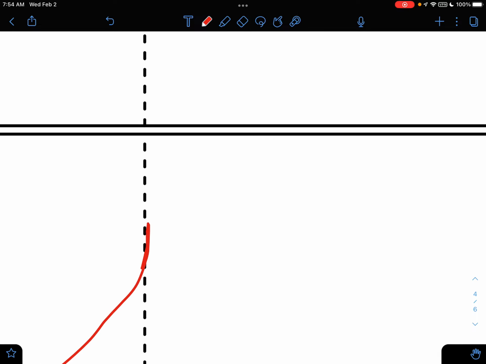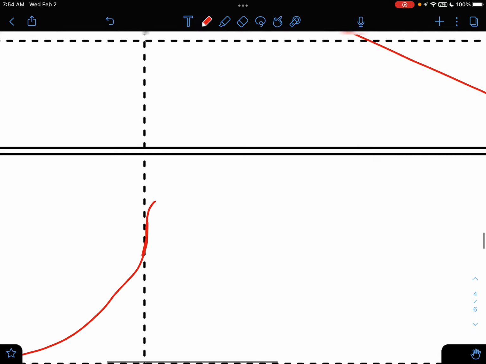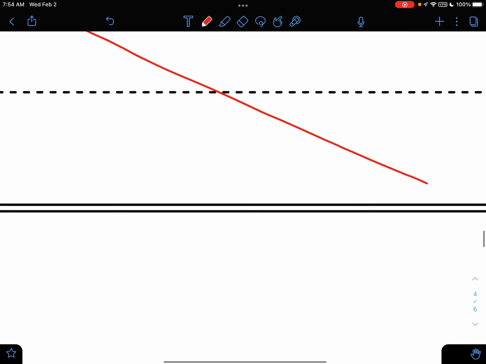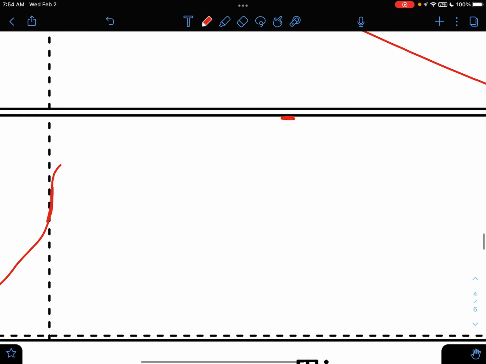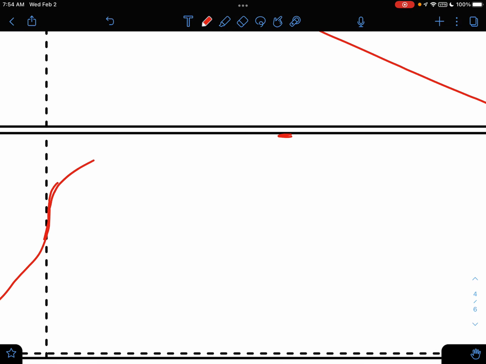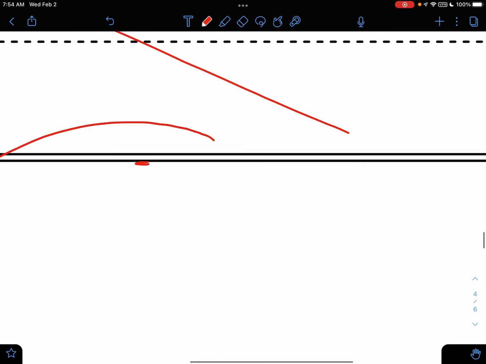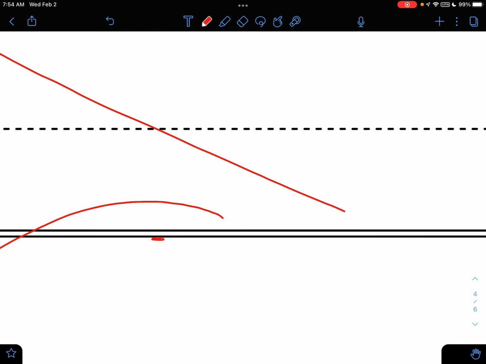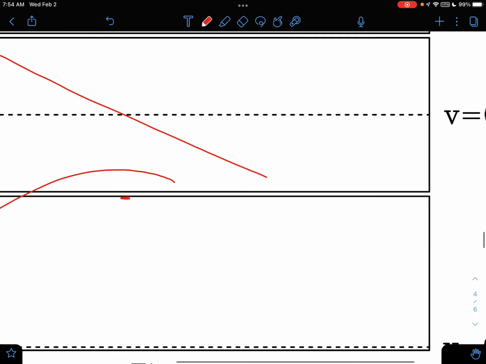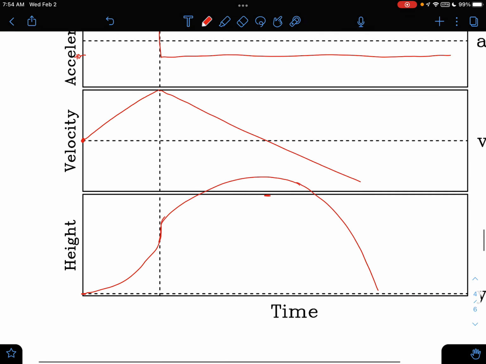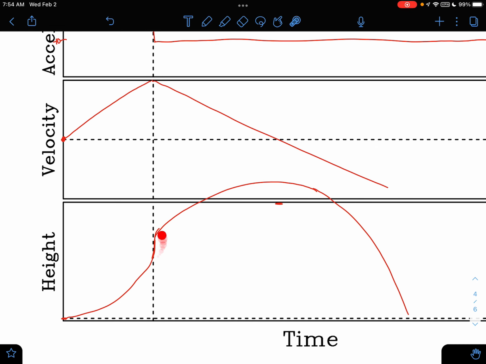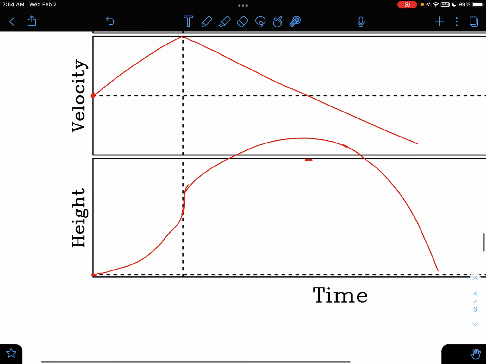So we switch, super positive velocity is going to be getting less and less positive, right? And we're going to hit 0 around here. So there's our horizontal line. It's going to kind of arc up and over. Ooh, this is a gross looking graph. I just need a little more space. There. And then after 0, our velocity is going to be negative and getting more and more negative as we go, right? There we go. So obviously my graph isn't perfect, but the general idea that we want to see, right, is